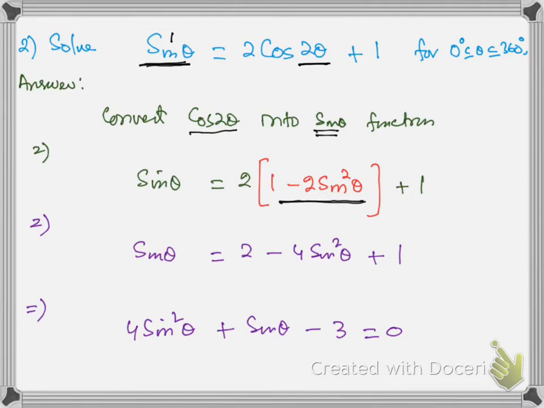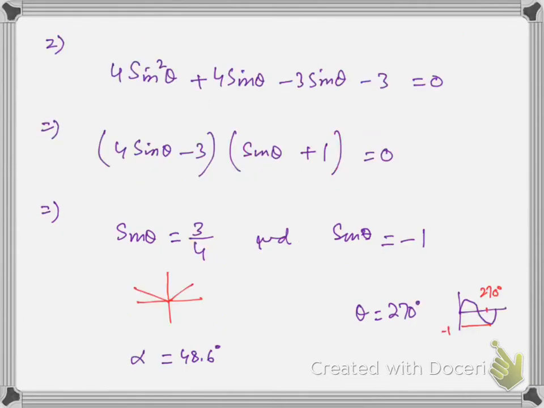Then you just need to simplify this. You will get a quadratic equation. Now try to break the middle term. When you break the middle term, you will get (4 sin theta + 3)(sin theta minus 1). You all know how to handle minus 1. You have to sketch for this. Make a rough sketch. For minus 1, 0 and 1, for these particular values of sine and cos, we make rough sketches. So sin theta = minus 1 is at 270 degrees. Therefore, the answer of this equation is 270.